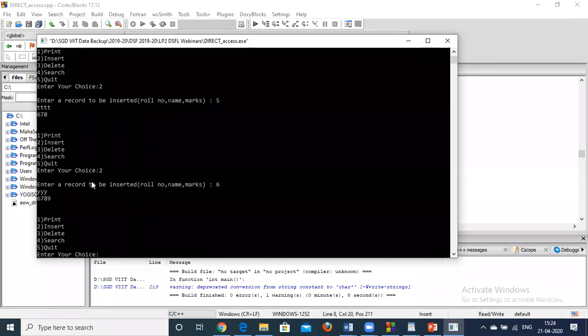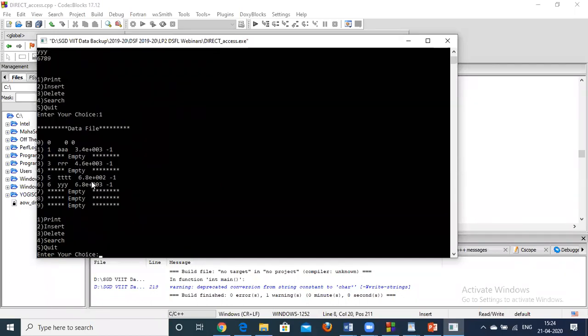Then we will display the table. So this is the table. At 1, 3, 5, 6 we have inserted the record, and for every record the chain value is -1.